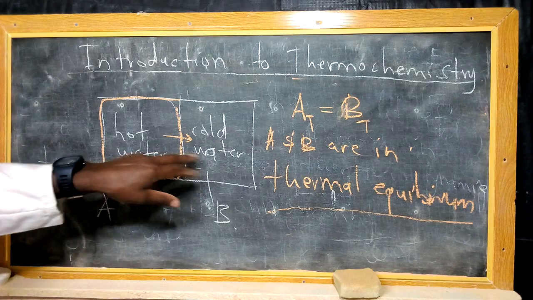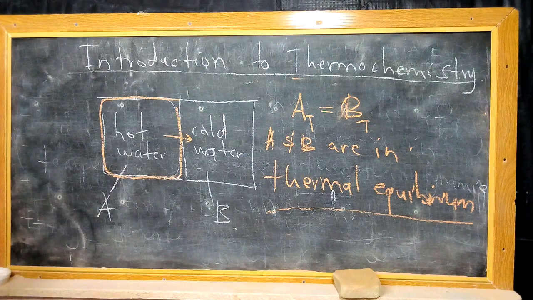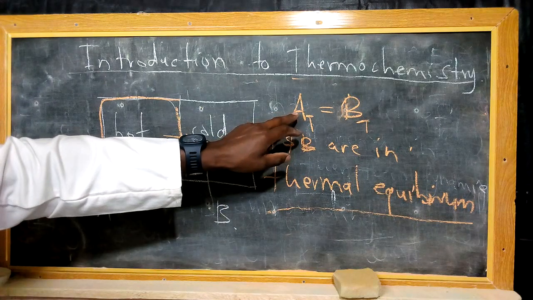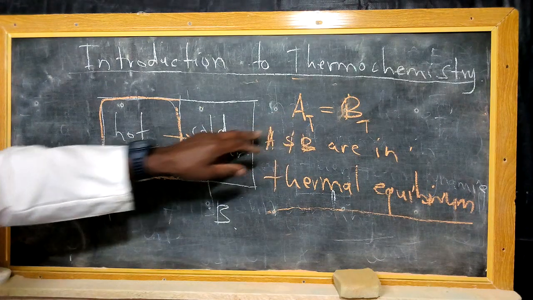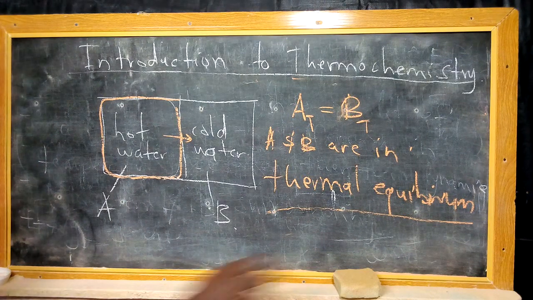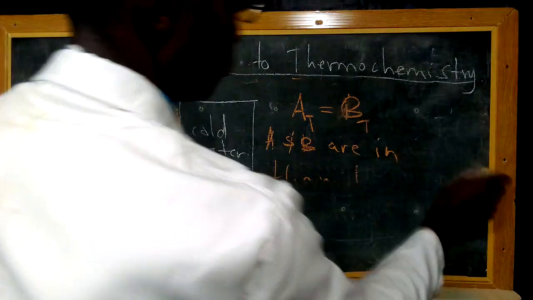Flow will be equal in this particular case, and the temperatures of the two regions, as I've demonstrated, will also be equal. Now in that case, we're quickly going to learn about some of the symbols that we're going to use